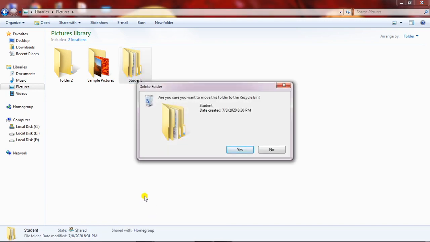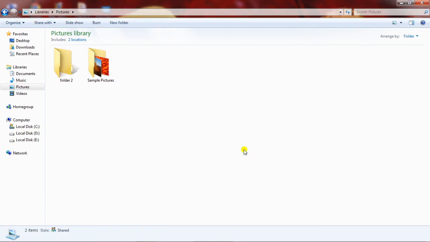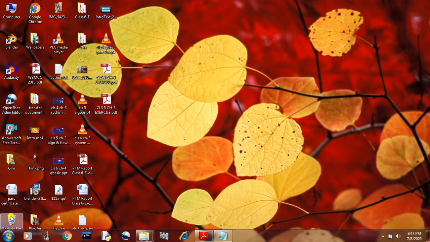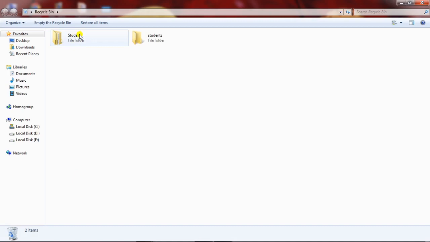And I hope you all know, after a file gets deleted, where it goes: to the recycle bin. So I will delete the folder and I will check whether it has gone to the recycle bin or not. In this recycle bin, I will double click and open it, and yes, this particular student folder has been stored in the recycle bin. From here, if you delete it, it will be deleted permanently.